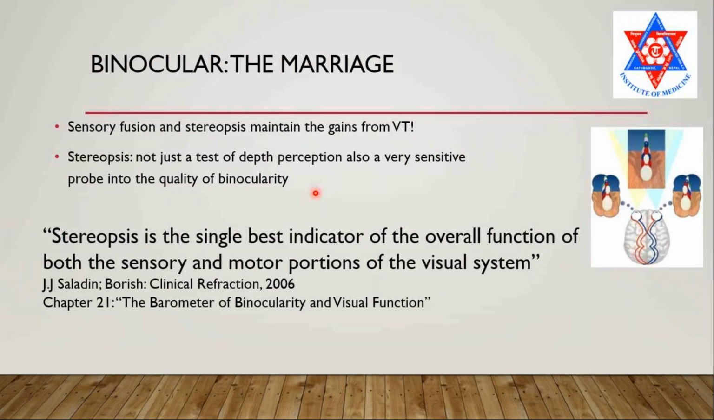So in a book called Borish's Clinical Refraction, there is a chapter called Barometer of Binocularity and Visual Function. The importance of stereopsis has been defined as: stereopsis is a single best indicator of the overall function of both the sensory and motor portions of the visual function. So the importance of stereopsis in the quality of binocularity status the patient has is very important. Again,